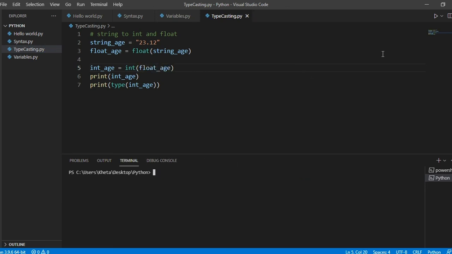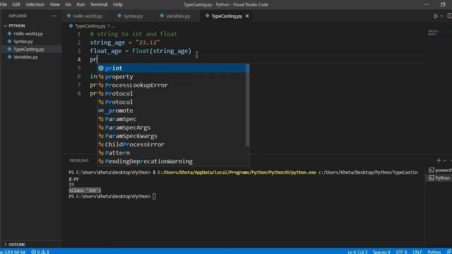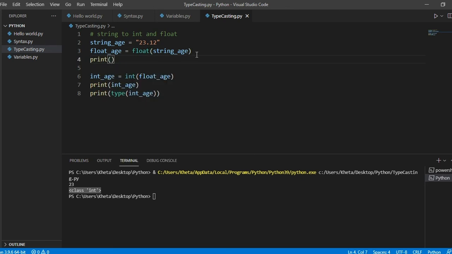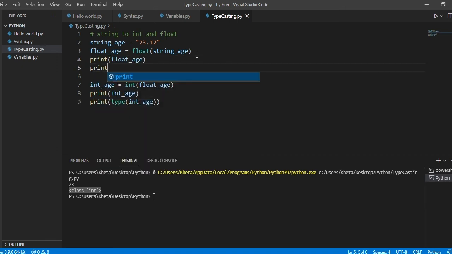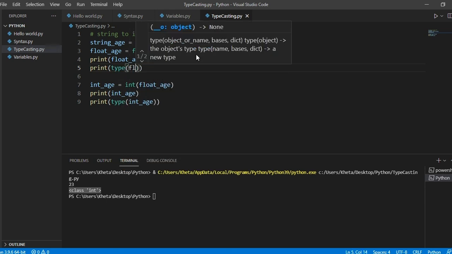So let's clear the terminal and let's run this. And if you look at that, converted it first into float, passed it into int. It's now 23. And we printed 23 and we checked the type, it was an int. In between here, we did this conversion, but we never printed what we needed to print. So we can go ahead and check this intermediate part, which is when we convert it into a float, and we can just confirm that this is indeed a float by saying type of float